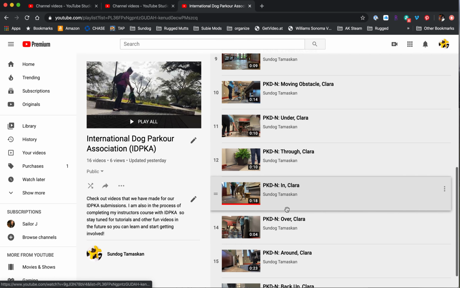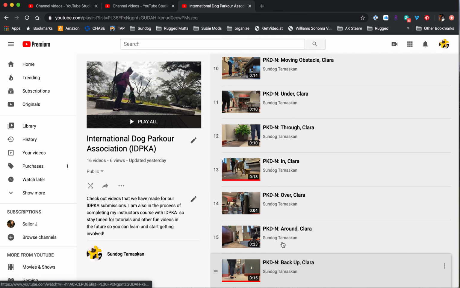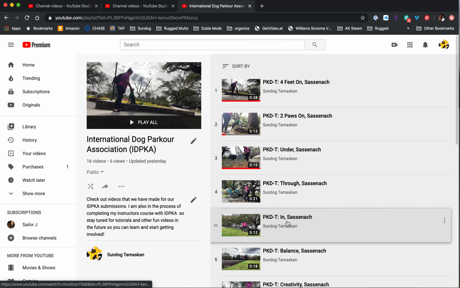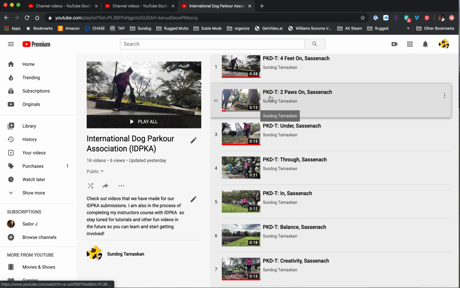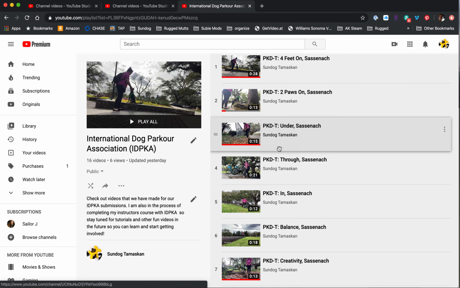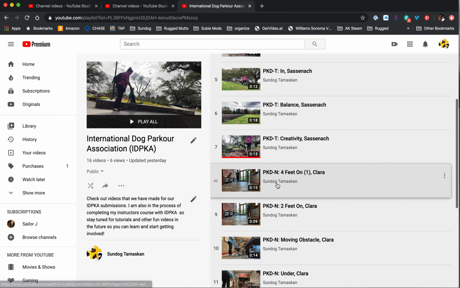So this is a good example. You could do this for Novice, and it would look a lot like this. You could label it however you want. It doesn't matter. You could just put the trick, or the trick and the dog, and you could put everybody's together. You could do your Do More With Your Dog playlist or your Trick Dog playlist, and just have everything, and I would say Novice, this, and this dog, and go through all of those, and then you could do Intermediate, this, and this dog, and go through the whole thing and make one playlist. But,